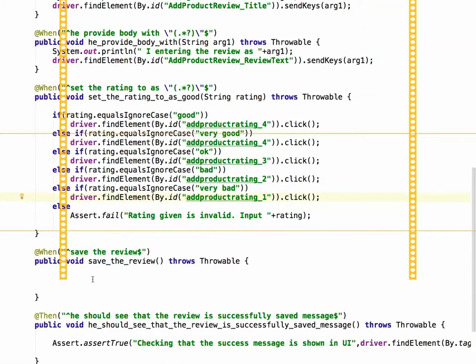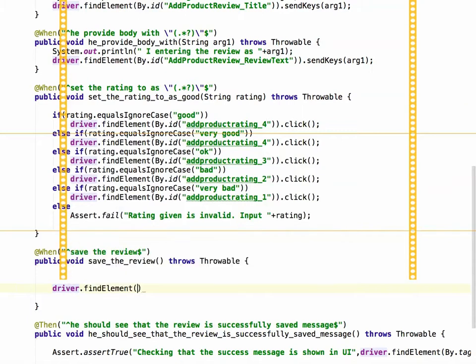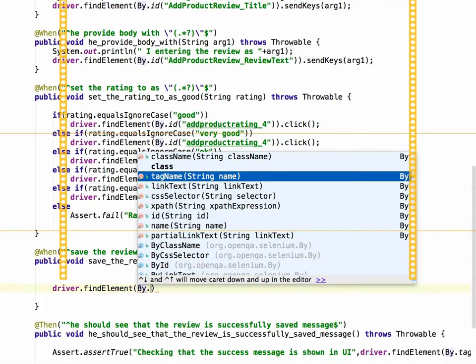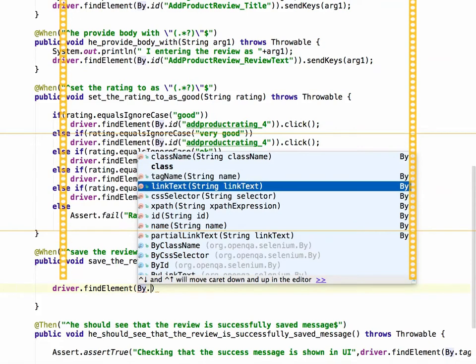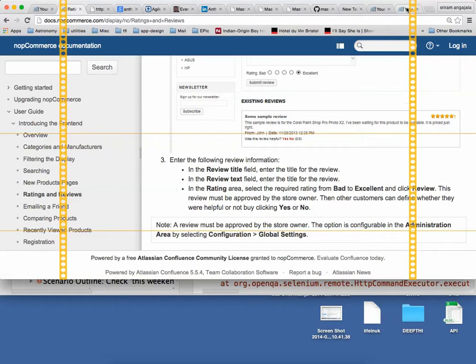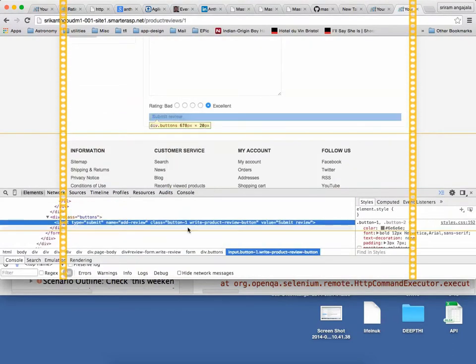So save the review. We need to have a save button locator. Okay, let me do this. Find element by what? Link text. I don't know. Maybe we'll put ID for a moment. Let's go back and see if we can get that. ID is equal to.